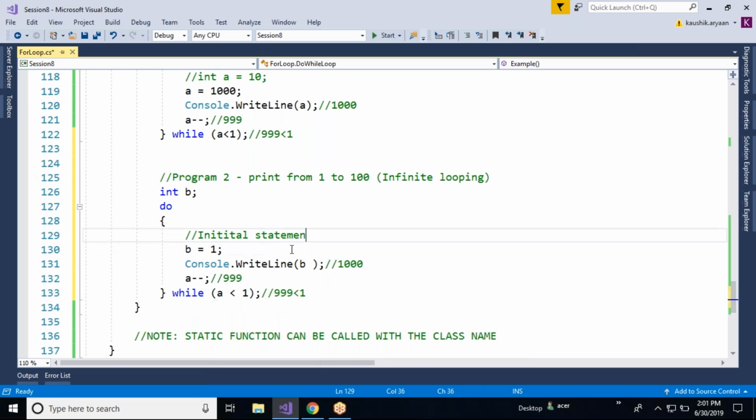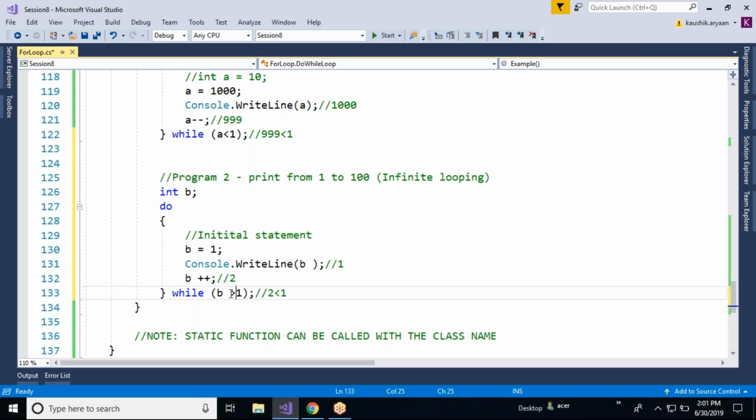This will be printing out 1. And this will be incrementing. This will be incremented to 2. Now this 2 is checked for the condition. Condition fails, and only here also you will get the result of the multiple. I don't want that. I want to show you infinite looping. So I'll say that b